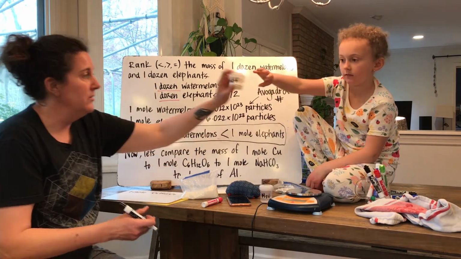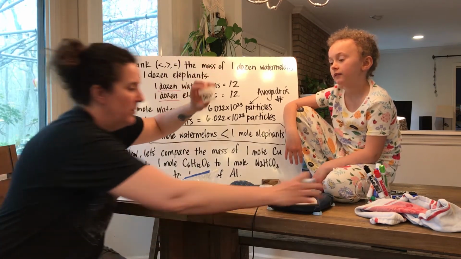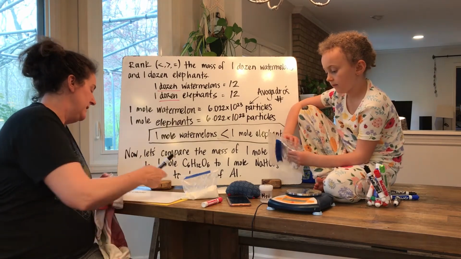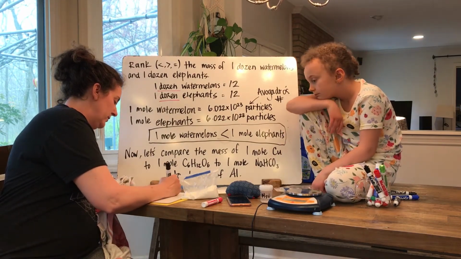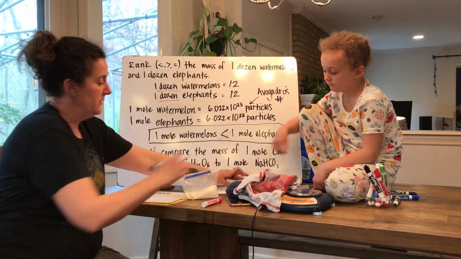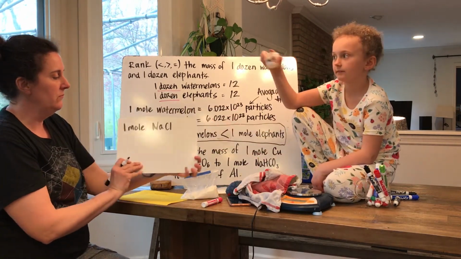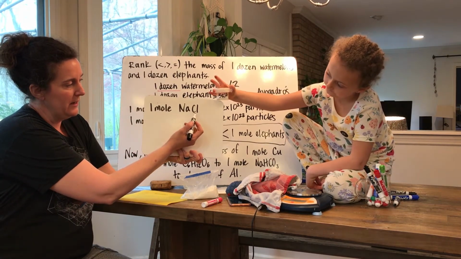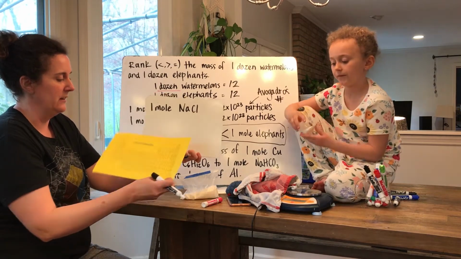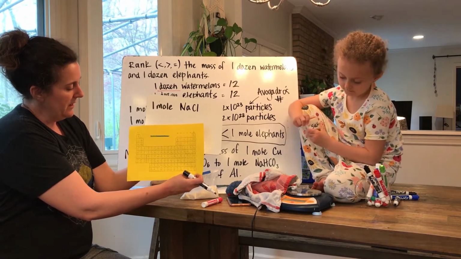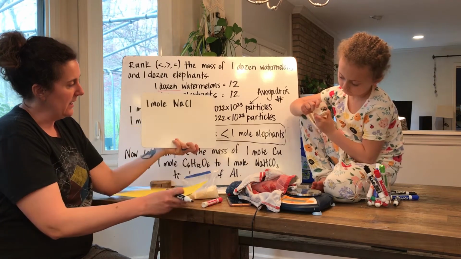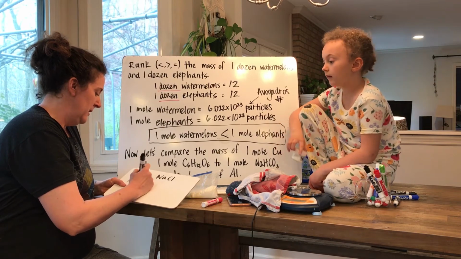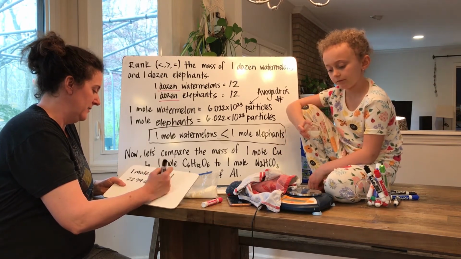This is 1 mole of salt, NaCl, and we're going to actually calculate the mass in 1 mole of salt, which is sodium chloride. Olivia, you can hold that up. In this particle, we've got 1 sodium atom and 1 chlorine atom. If you use your periodic table, sodium has a mass of 22.99 AMU, and chlorine has a mass of